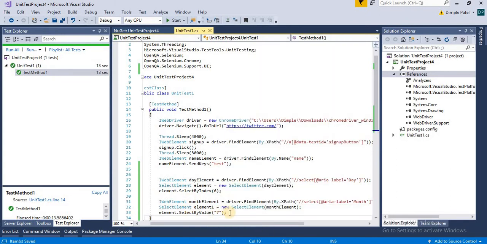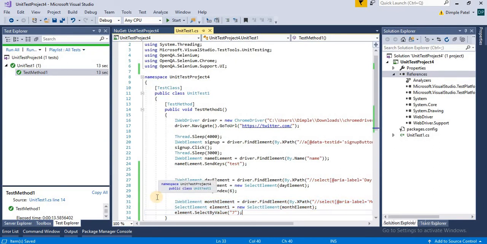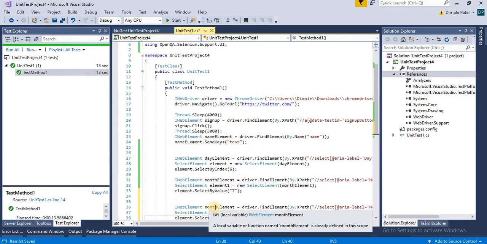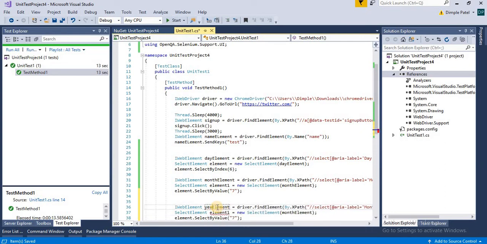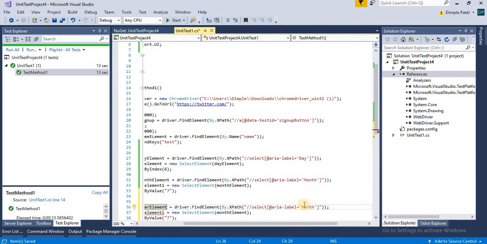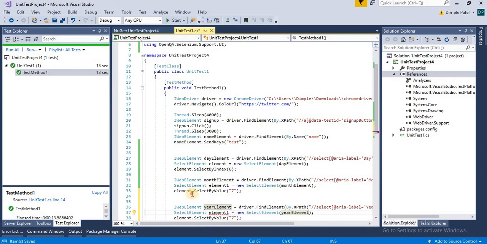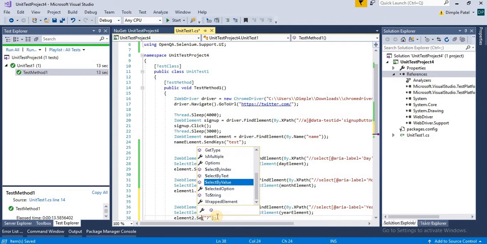Okay, now for the year also I will do it to save our time. Year, year element reference, we need to change. I forgot to change the reference here, otherwise you will tell me, ma'am, why it is not getting selected. Yes, we can write down here 2, and then we can write down here 2, and we can write here select